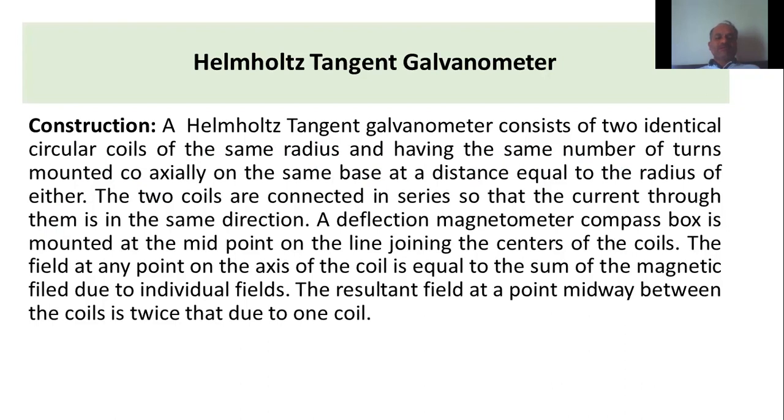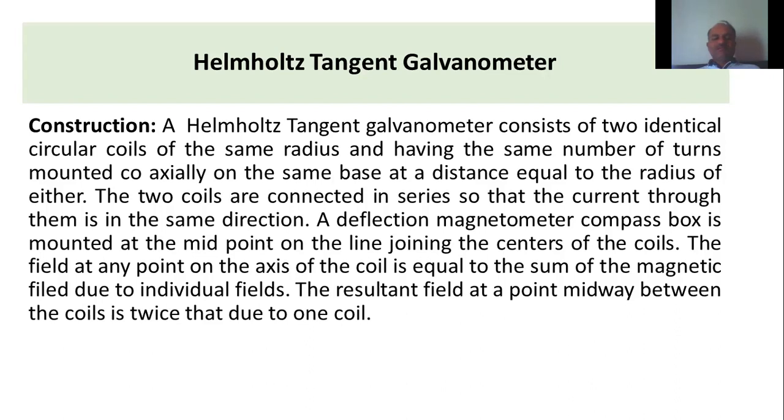So the two coils are connected in series so that the current through them is in the same direction. A deflection magnetometer or the compass box is mounted at the midpoint of the line joining the centers of the